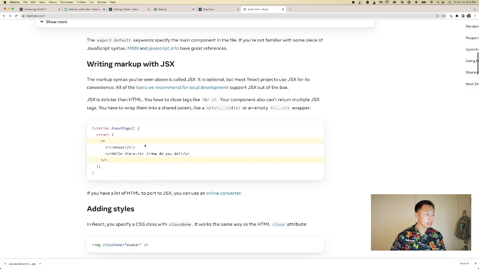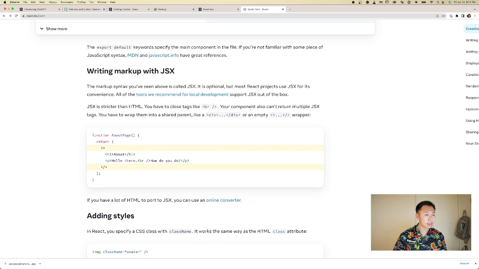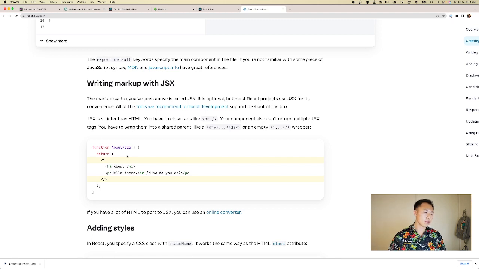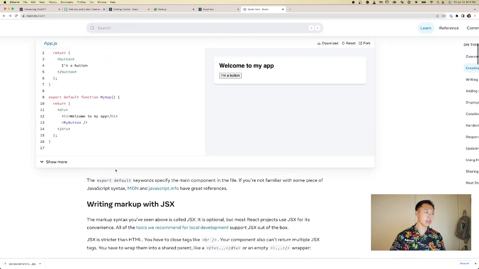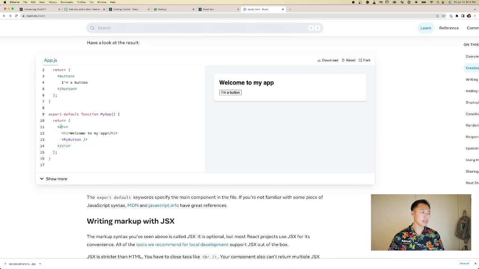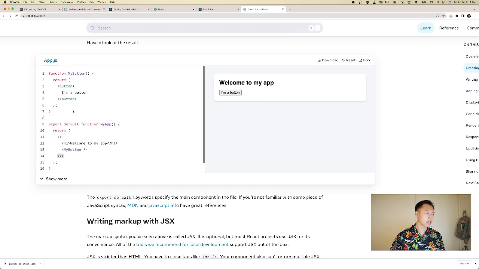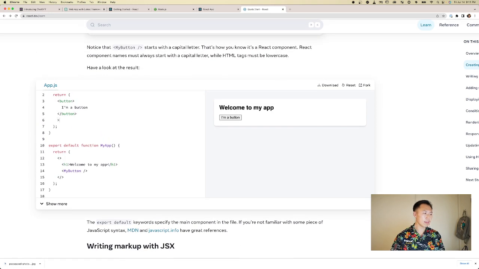What is it talking about? It's saying your component also can't return multiple JSX tags. Return. Oh, I see. Okay, I get it. So it can only return one scope of things, right? It can only return one tag. So you see, this is all wrapped in one single tag, a div, right? You can probably remove this, and then yeah, it's fine. Okay, cool. So in order to break it, I think if we try to return two buttons,